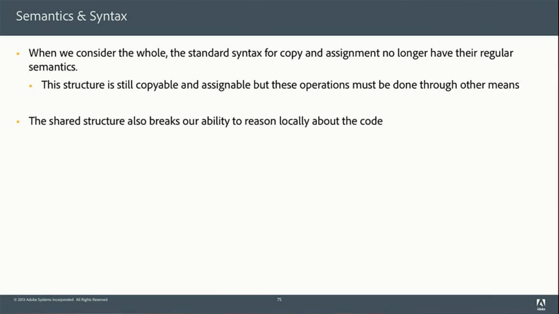What that does is it breaks our ability to reason locally about the code. And this is the big problem with pointers, and something that Bjarne touched on, right? When I get a pointer back from a function, right, I need to know not just who's responsible for getting rid of it, but am I sharing it with somebody else, right? So I get a pointer back from some class. Do I own it? When do I delete it? If I modify it, does that modify what's in the class? Okay. If it does modify what's in the class, what are the rules that govern that? Who else could be modifying it?